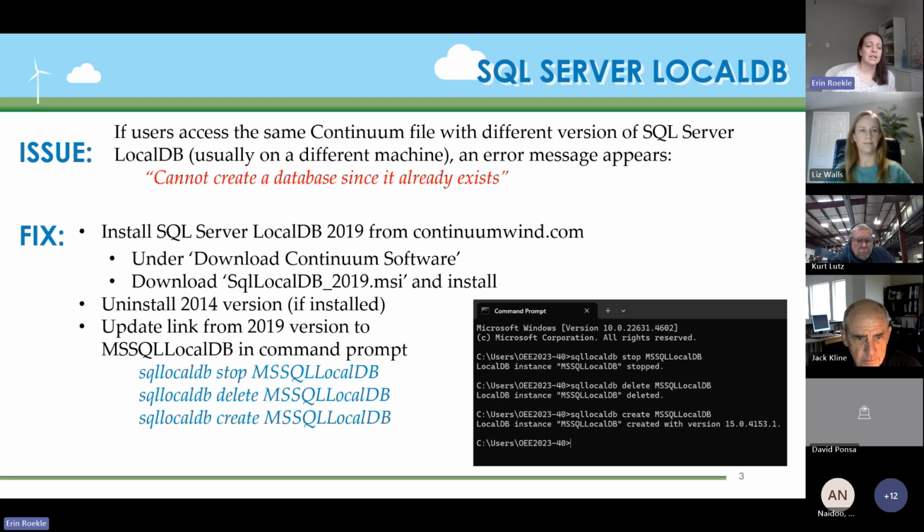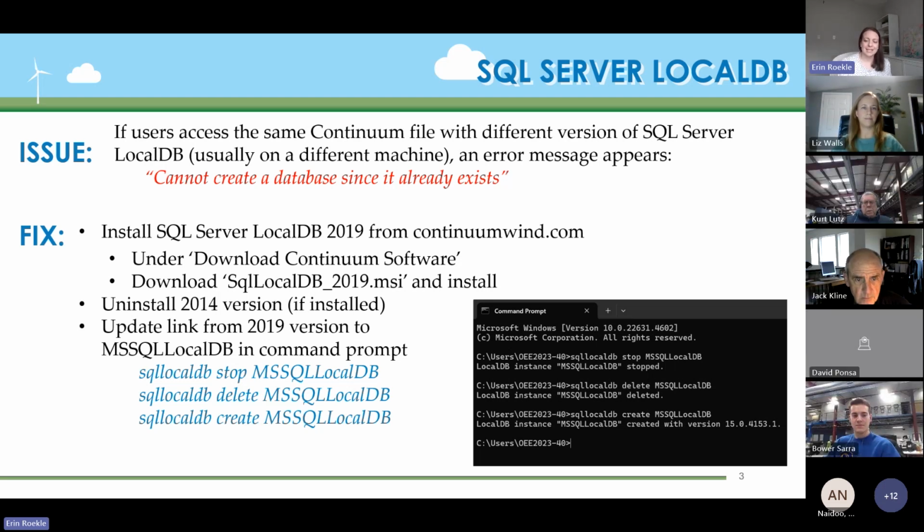All of these slides are going to be available for reference later on, so you don't have to do it right now. Just have in the back of your mind that whenever you get a chance, you should update the SQL Server Local DB to version 2019. So with that, Liz is going to take over and let us know about some of the new features that are going to be coming up in